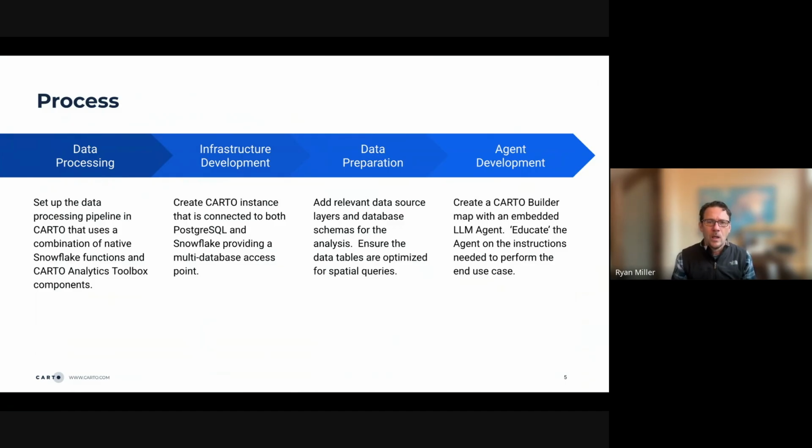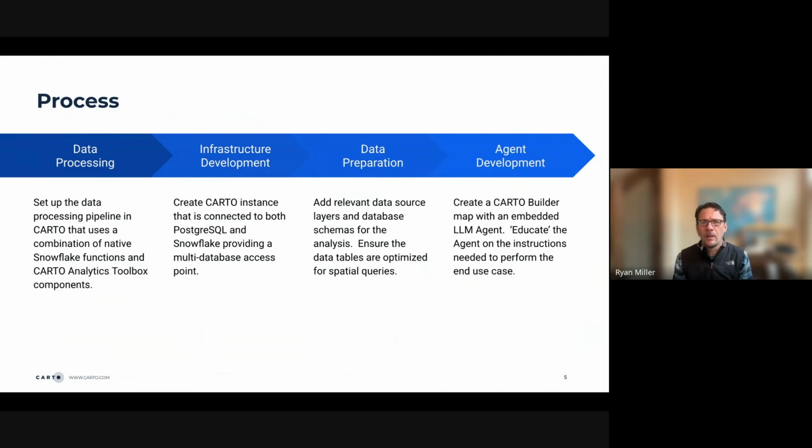We don't know the distances or the different types of questions that the end user is going to want to ask. So whether it's a distance from transmission lines, power lines, really any sort of feature that we've added to the map, we've got those in this particular example, but we want to be sure that those tables are optimized so that spatial queries can perform efficiently.